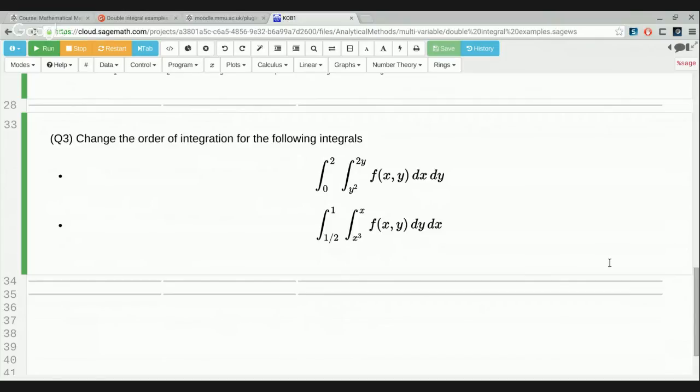So if I want to reverse the order, what I'm looking at here is the integral from y equals 0 to 2, and then from y squared to 2y of f of x, y dx dy. So if I want to write that in the opposite order,